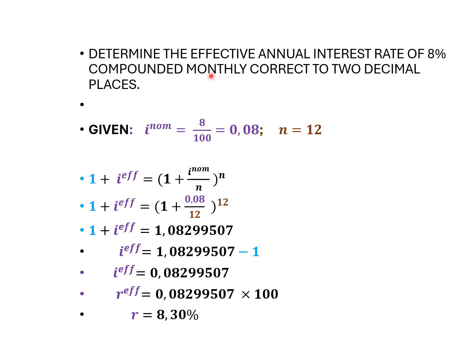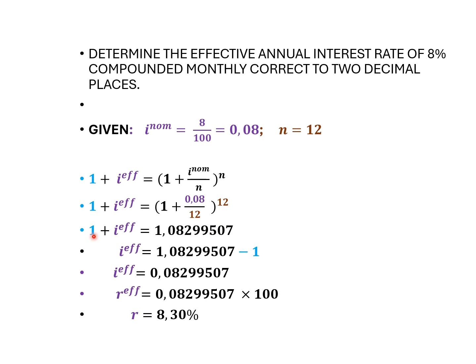And they said compounded monthly, I assume you know there's 12 months in a year, so n equals 12. So that becomes 1 plus i effective equals (1 plus i nominal over n) to the power n. 0.08 over 12, my nominal rate over 12, and n there also 12. So if we simplify this to the power 12, I get